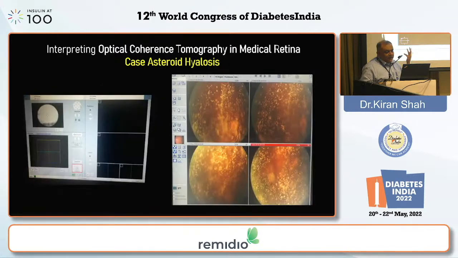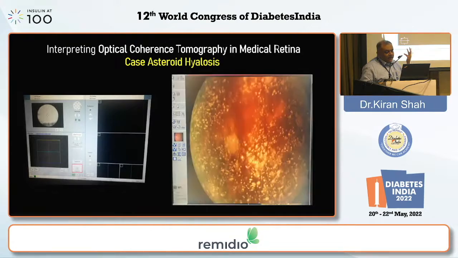Now, this is a case of asteroid hyalosis. Now, what does this mean? These are not hard exudates. The hard exudates are very different from this yellow out there. These are basically floaters in the vitreous. They do not affect the vision, and unless and until they affect the vision, you're not supposed to ideally do